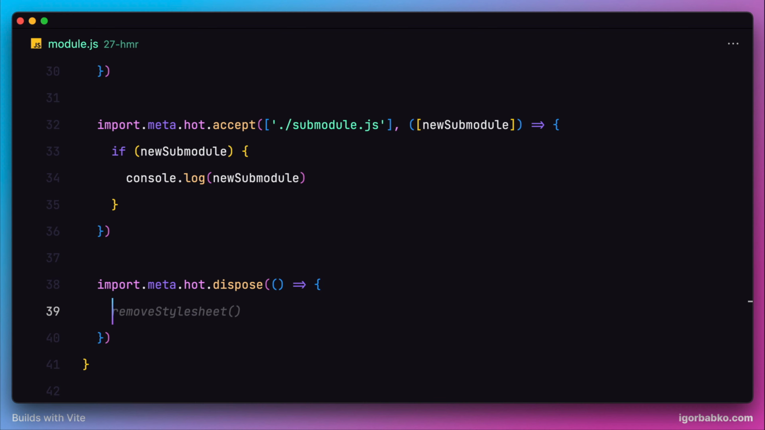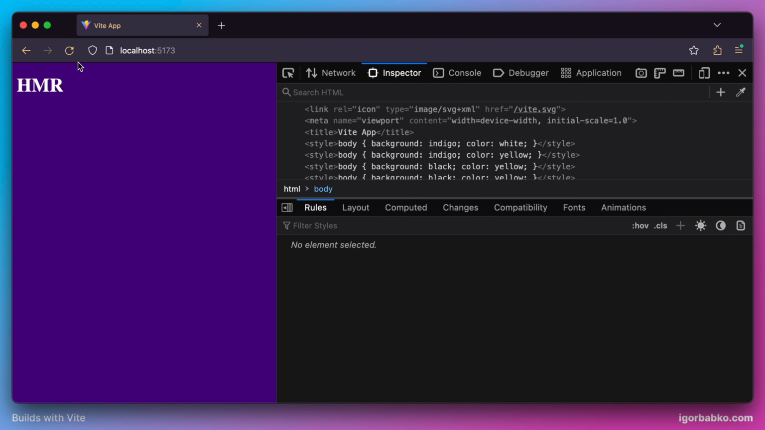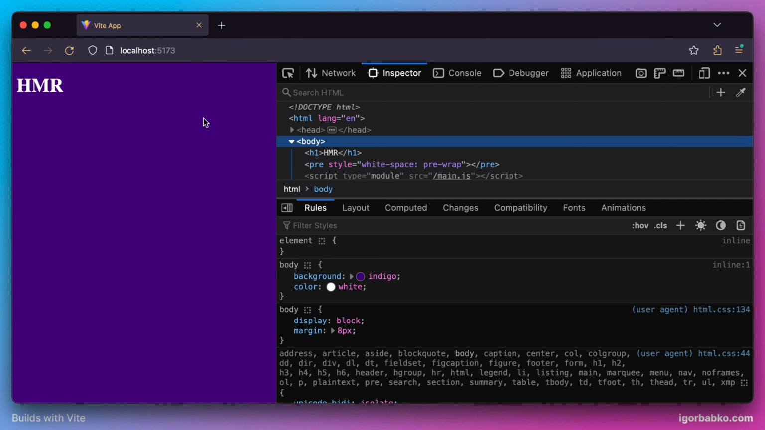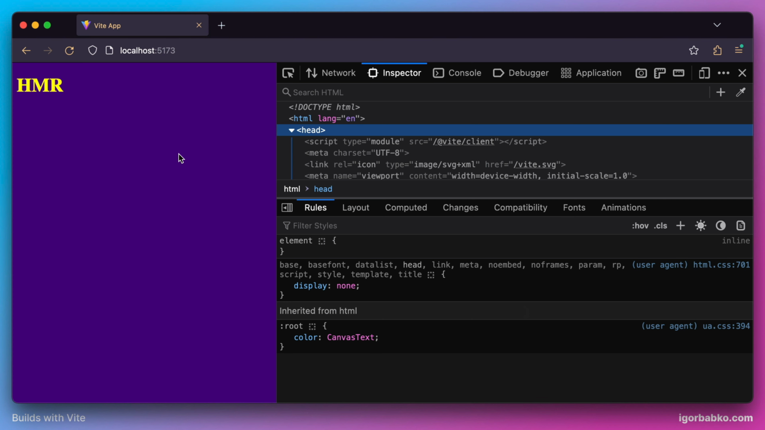So this is exactly the place where we can call our function removeStyleSheet to remove the style DOM element. Now, before going back to the browser, let's reset these styles as they were initially. Let's also do a full page refresh to have only one style element on the page. Now, after I modify this module in the browser,